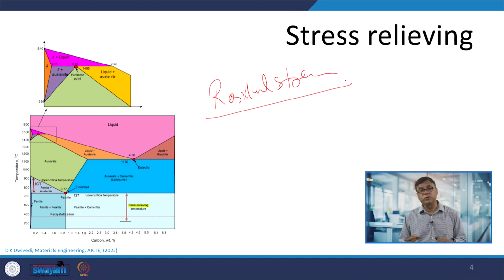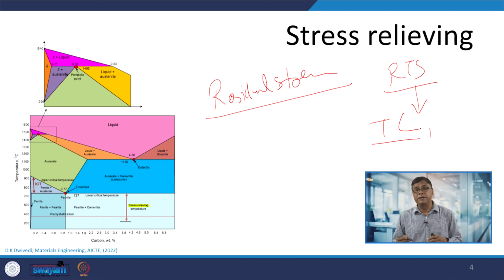Residual stresses are those stresses which are present in the component without application of external stresses. So, if the residual stresses are tensile in nature, then they compromise the ability to take up the tensile load or the ability to sustain fatigue conditions of the tensile type. So, the fatigue resistance and the static load carrying capacity under tension are compromised when tensile residual stresses